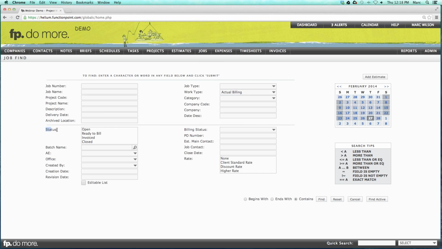Now, the status here really isn't all that relevant, because in most cases, when we're speaking with agencies and they're doing actual billing the time and expenses within a time frame, there really wouldn't be a ready-to-bill status. It's not really applicable. They're always ready to bill. You're going to be billing all the unbilled time and expenses for a given time frame. So what we might do in this case is just show me everything that's open. I just want all of the actual billing jobs that are open. I'm then going to click Find,